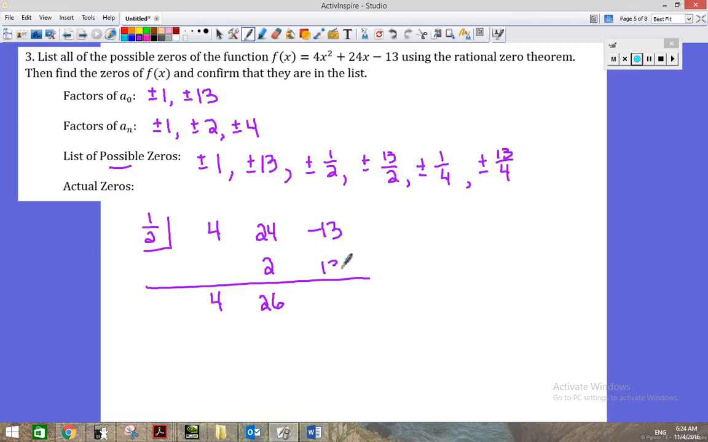Hey, we found one. So let's see. I brought the 4 down. Half of 4 was 2. I added those together, 26. Half of 26 was 13, and we found a 0. So